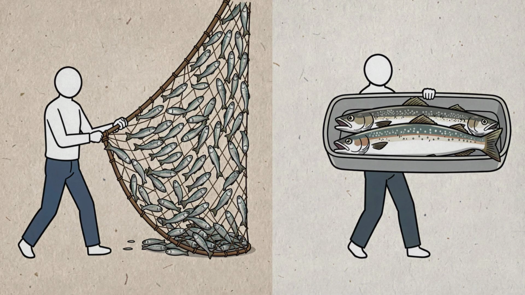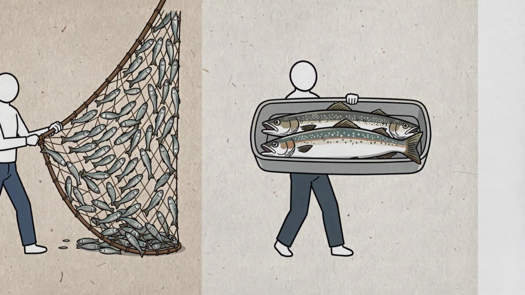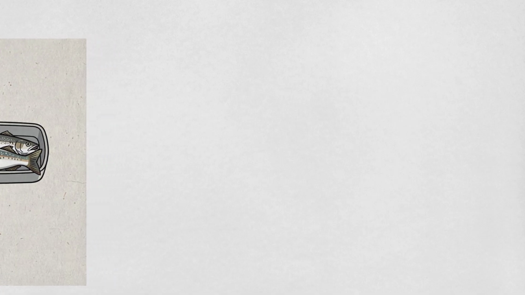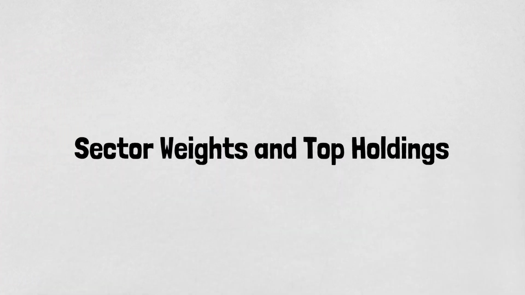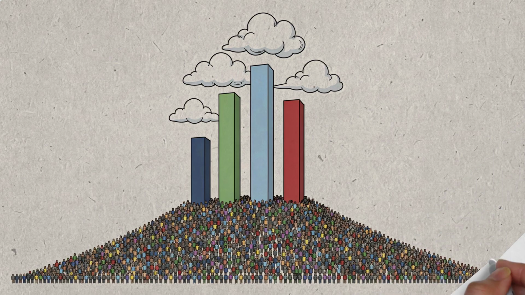If you love the psychological comfort of maximum diversification, Vanguard wins this round. But if you care about efficiency, iShares' optimized approach gets the exact same job done with half the luggage. Sector weights and top holdings. Because both funds are heavily market cap weighted, the top of the pyramid looks incredibly familiar. If we peer into the engine room of both ETFs, the heavy hitters are identical.